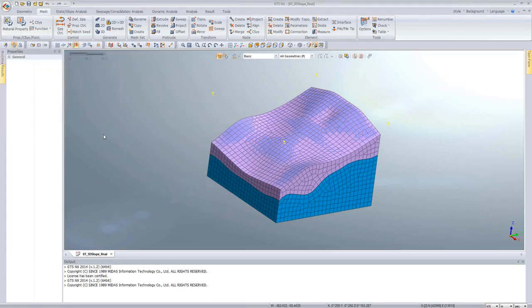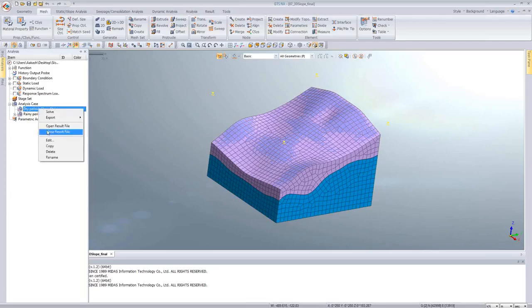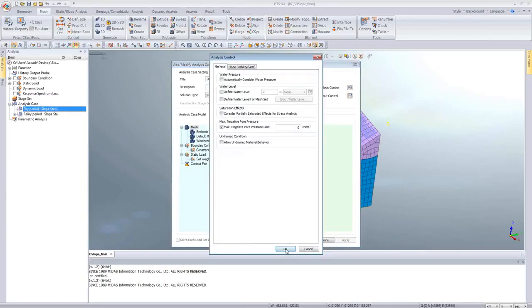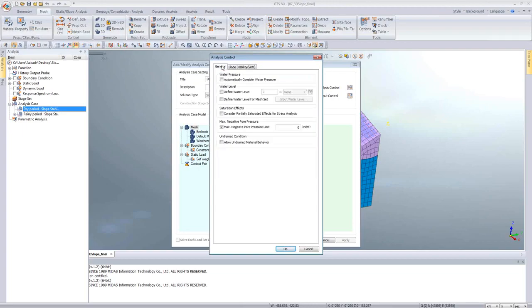Now after the analysis, that is after running the SRM method, let's see how we get the results. To show you what analysis cases we are considering, we are considering two analysis cases. That is a dry period, in which basically we are not considering any water table. You can see, and we are using the full Newton-Raphson method. So in this we are not considering any water table, and water table definition could be considered in the analysis